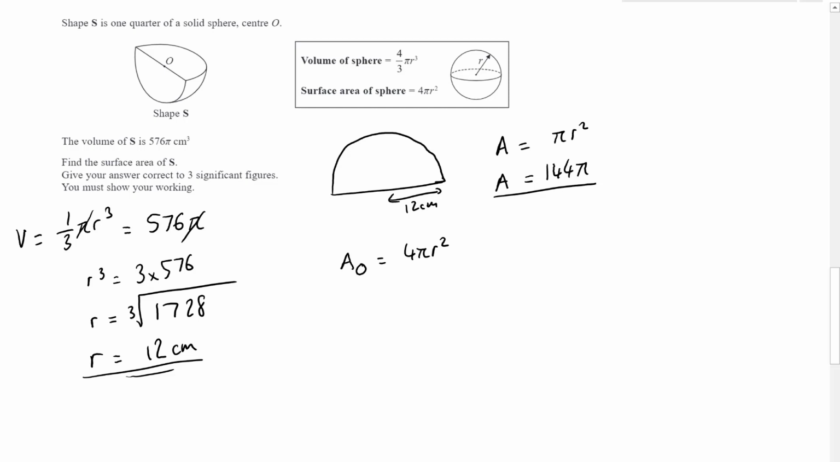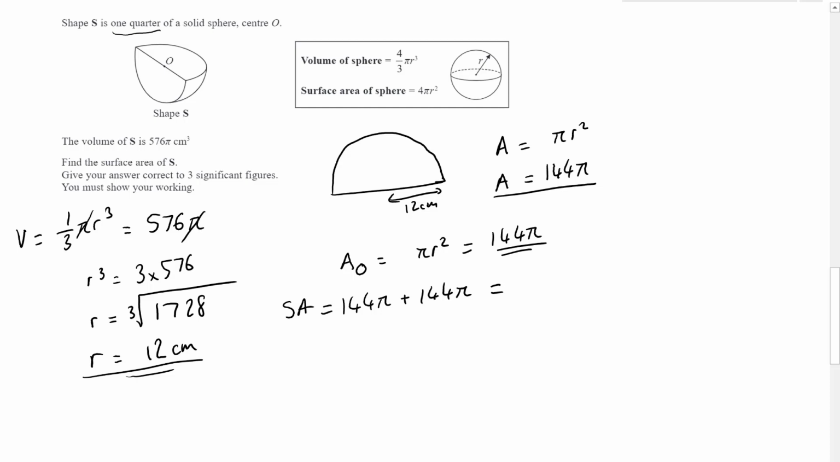But now we have to remember this is 1/4, so we'd have to divide this by 4, and those 4's are going to cancel. So once again, this is just going to be pi r squared, the curved surface area at the back, which is exactly what we had before. The radius is the same, so it's going to be another 144 pi. And then we just sum those together, so we have 144 pi plus 144 pi gives us a total surface area